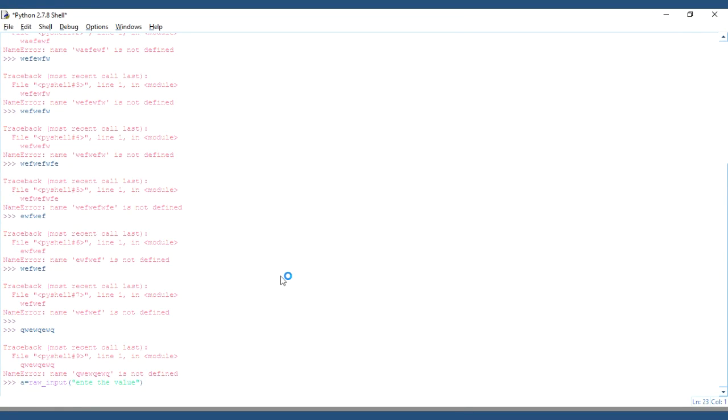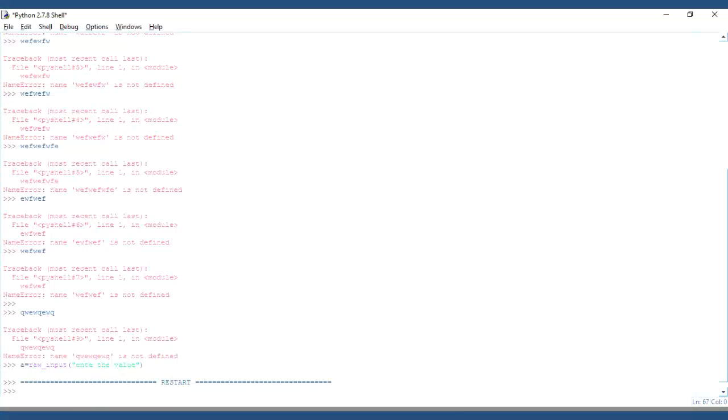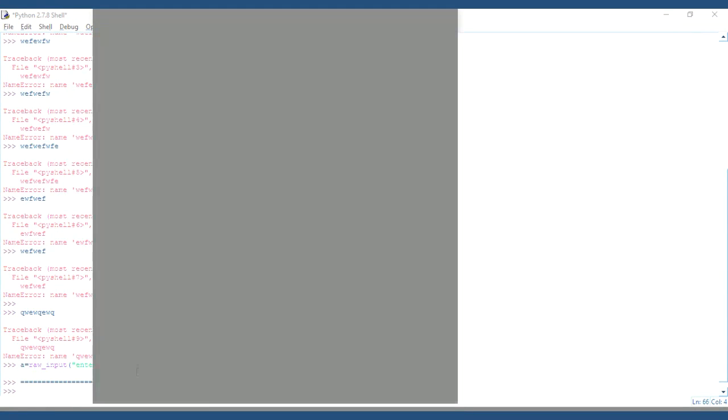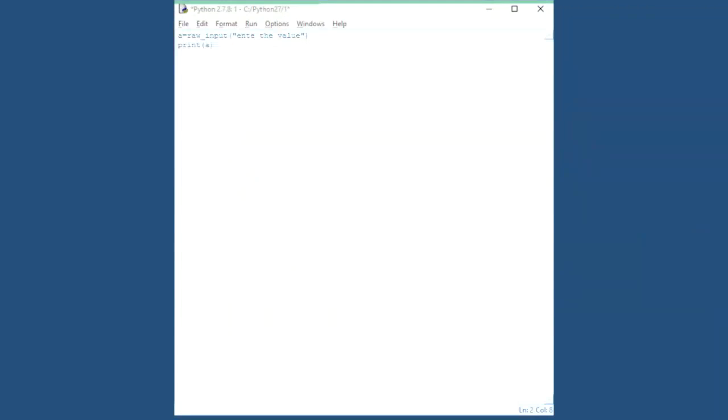Okay, this is in 2.7. Raw input, enter the value. Now print. We are seeing the gray screen on top of that? Yeah. Okay, don't worry.